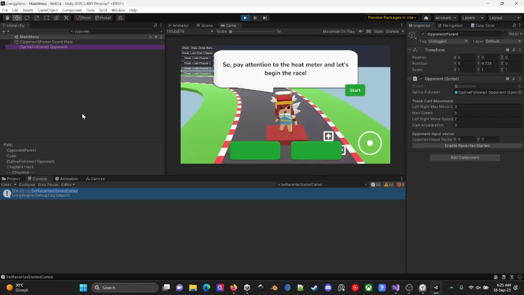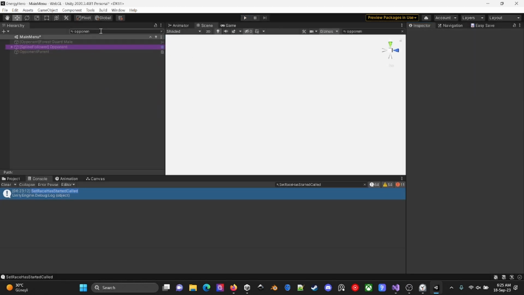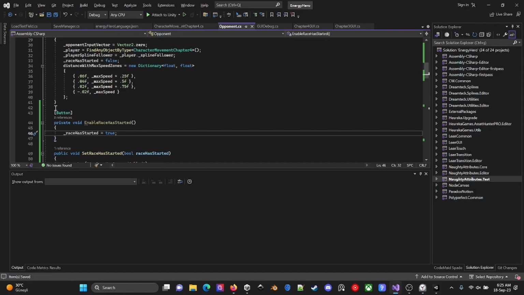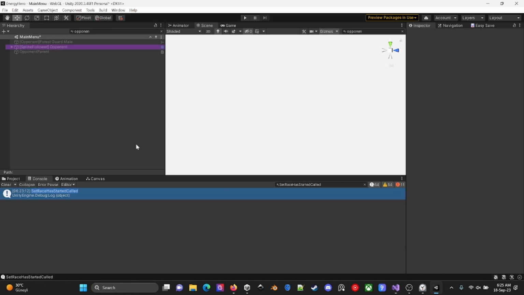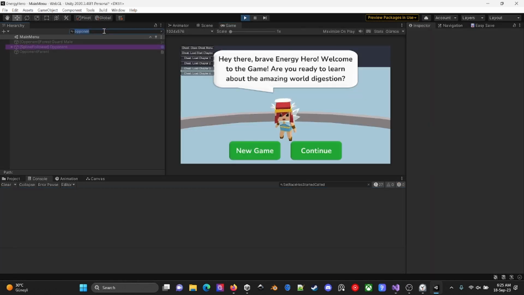Okay, something seems weird in here. That's why, as you can see, I added a button just to check if calling this method is making any difference.